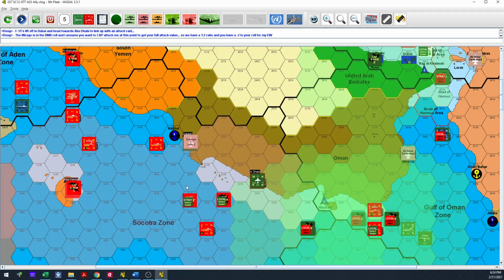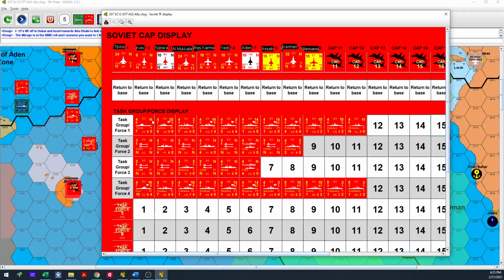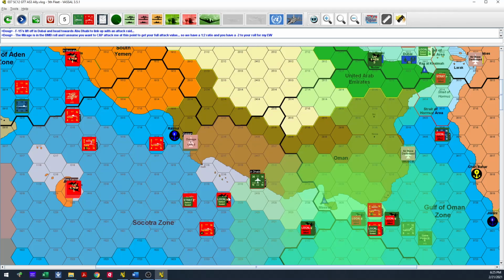at its strongest. So if we look at his Tbilisi, the Tbilisi is task group 1. It has over it a total of 14 combat air patrol strength. The 2 7s there in the lower right on the Su-33s are his combat strength. So 14 points. I'm bringing in F-15s at 18 points. He is the attacker. I am the defender. Boom. Great. 14 to 18, because on his